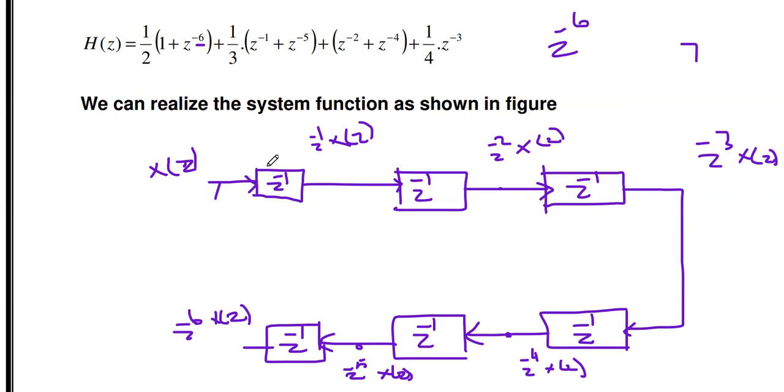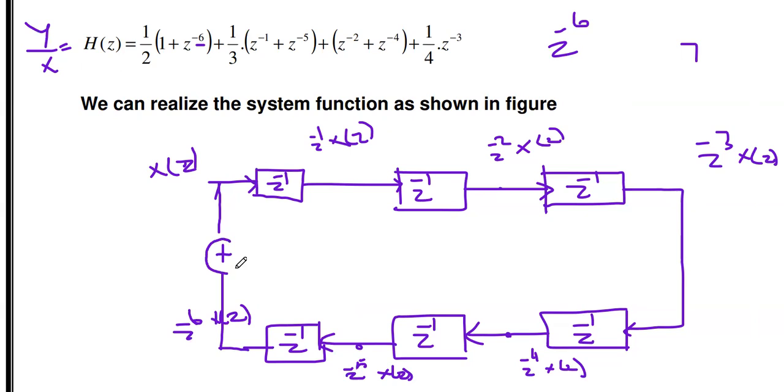Okay, so now we are going to combine these. You know H of z we can write as Y divided by X. Then cross multiplying X, we get Y. So that Y equation is what we are going to consider, similar to the direct form realization. So what is the first term you see? 1 plus z power minus 6 into x of z. x of z is available here, and z power minus 6 into x of z is available as the output of the last delay. So you just combine these two things.